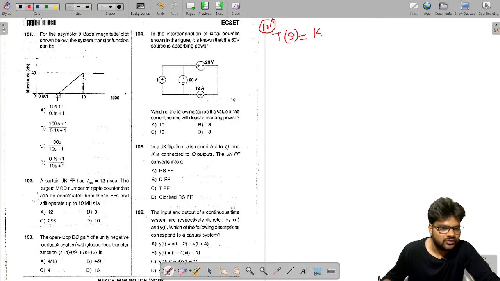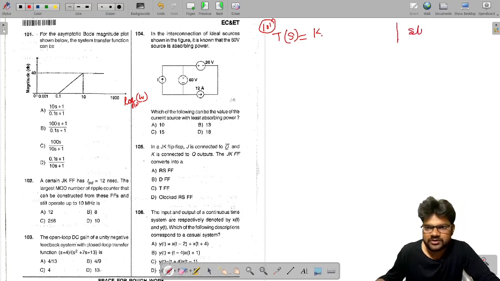Okay, so this is 0.1, this is 10, this is Bode magnitude plot, and this is the magnitude in dB, and this has to be in log scale. So this is log 10 of omega. Okay, so let us find out its slope first. Then slope is going to be, okay, so we are going to write slope. Slope is, this is 40 in dB per decade we will find out. So this is 40 divided by log 10, because x axis is log scale. So log 10, this is 10 by 0.1. So this is going to be 10 by 0.1.